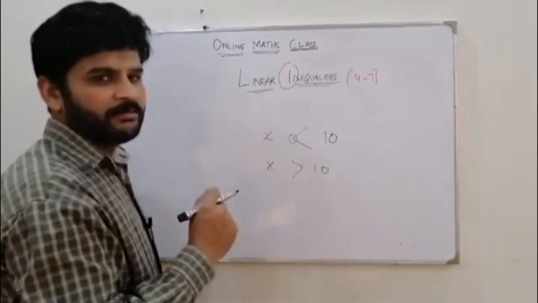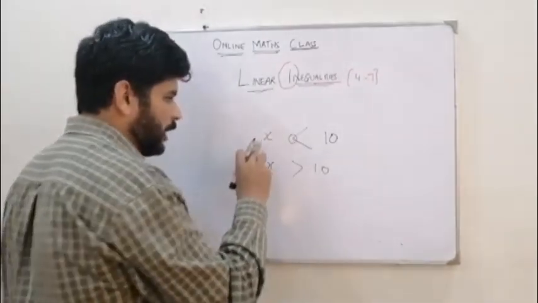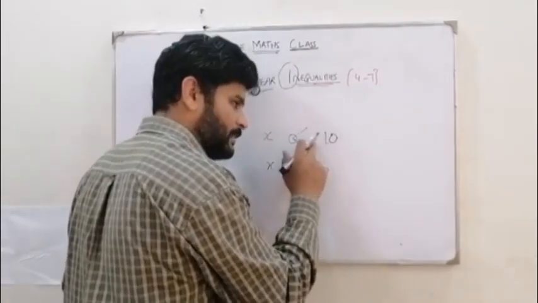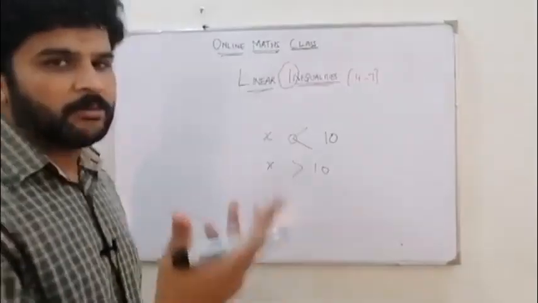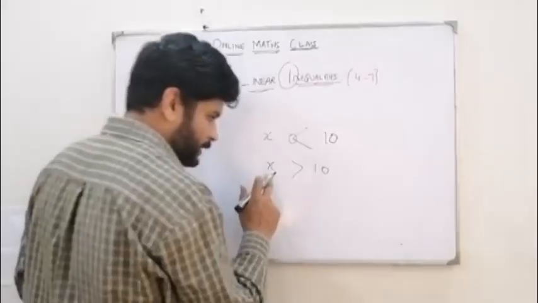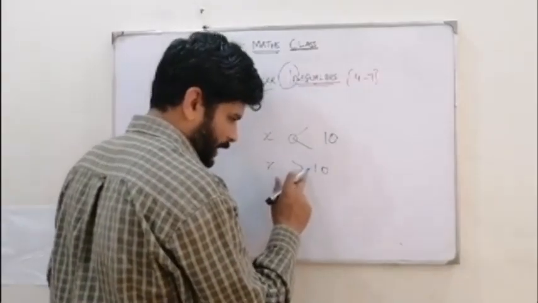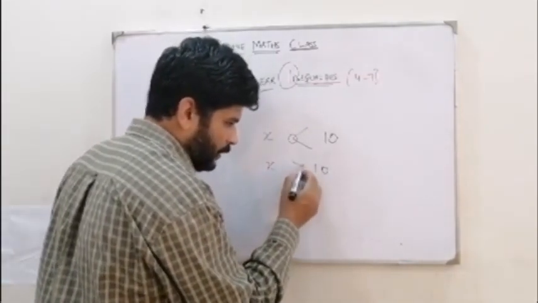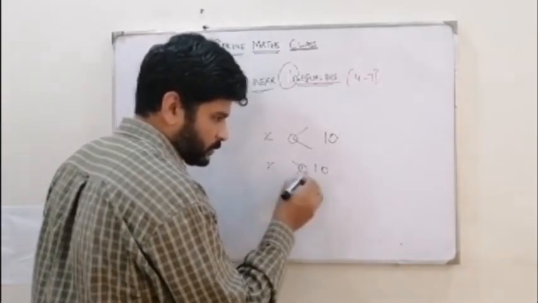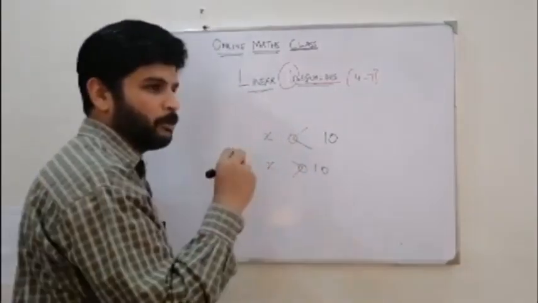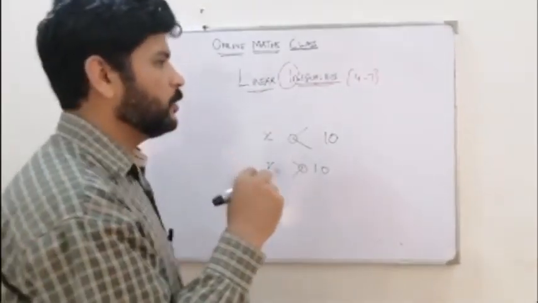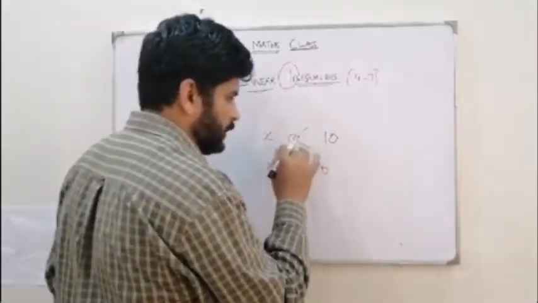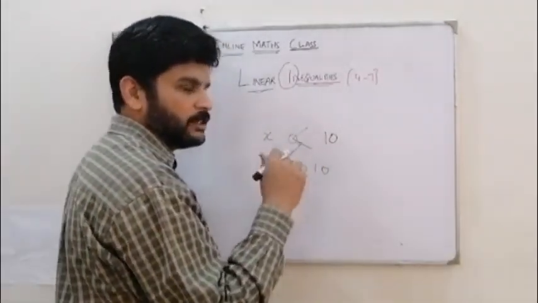so it means x is greater than 10, right? So if I am going to write x is less than 10, so I can say 10 is greater than x. So that is the same thing, right? So x is greater than 10, so you can say 10 is less than x. That's the same thing as well. So the pointed face of the sign is always towards the smaller number, right? So this is how you remember whether it is a greater sign or a less sign, right?